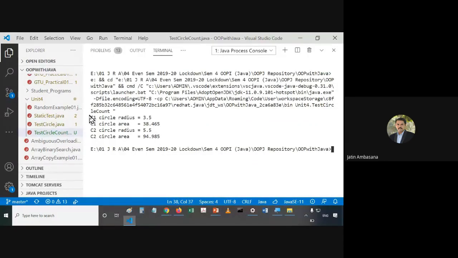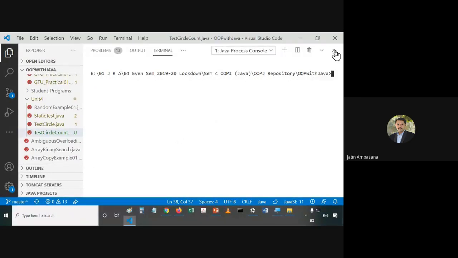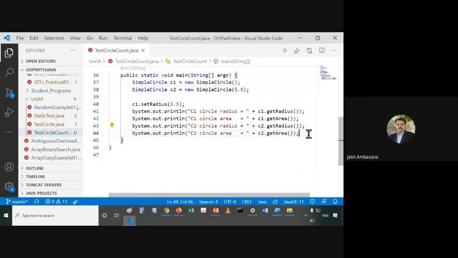So what we have got, see, c1 radius 3.5, area is this, c2 radius 5.5, area is this. Now we want to see how many objects have been created, right? So what we will do is we will simply print this.